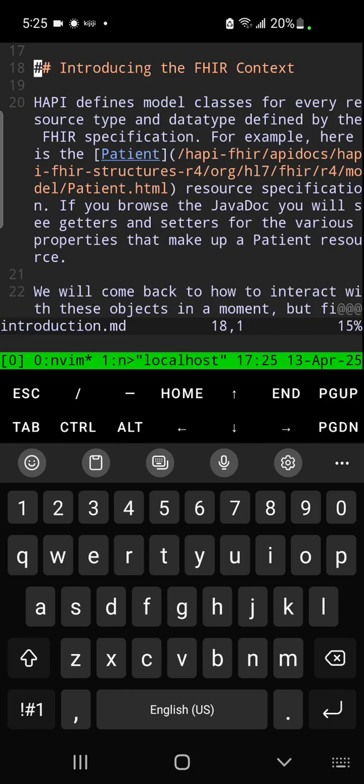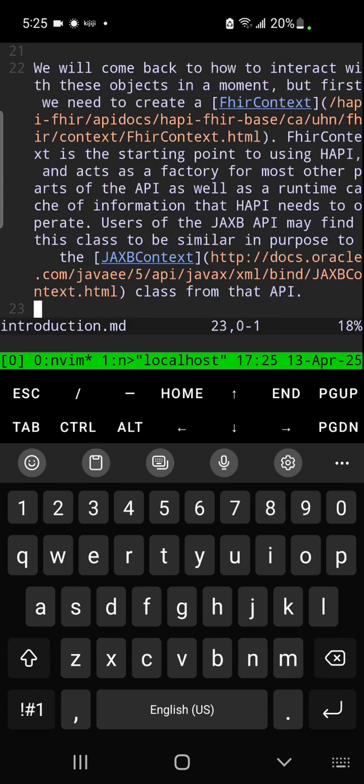HAPI defines model classes for every resource type and data type defined by the FHIR specification. For example, here's the patient resource specification. If you browse the Javadoc, you will see getters and setters for the various properties that make up a patient resource. We'll come back to how to interact with these objects in a moment, but first we need to